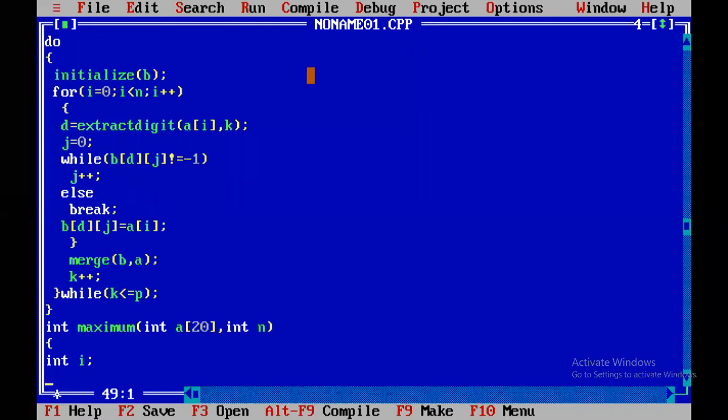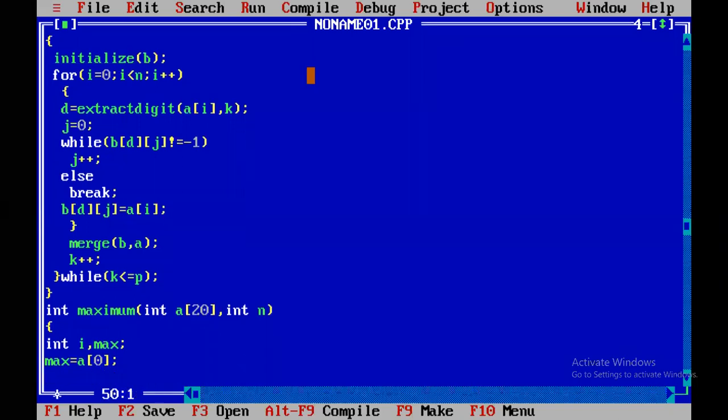First of all, you have to assign the first number to max. int I, comma, max. Max equal to A of 0. The 0th number is assigned to max.